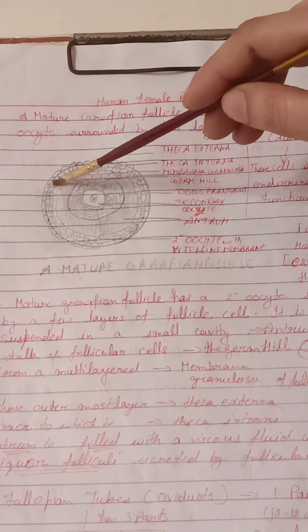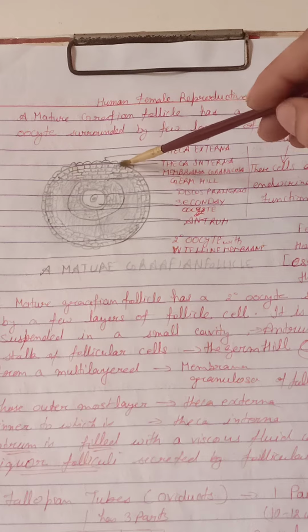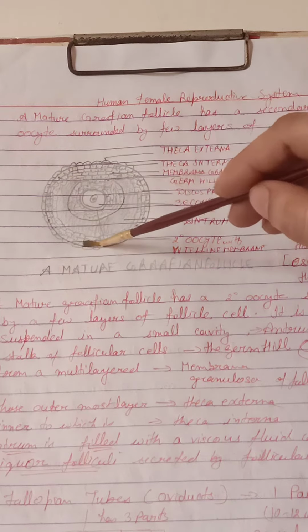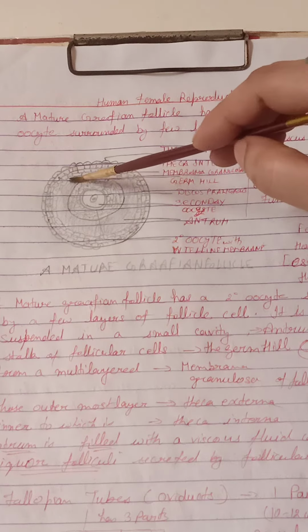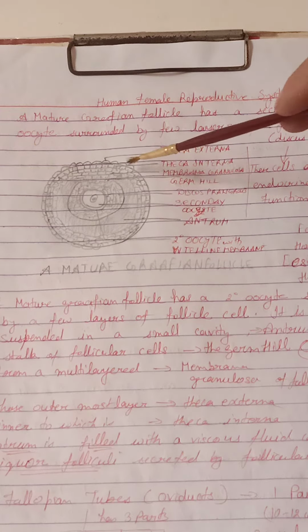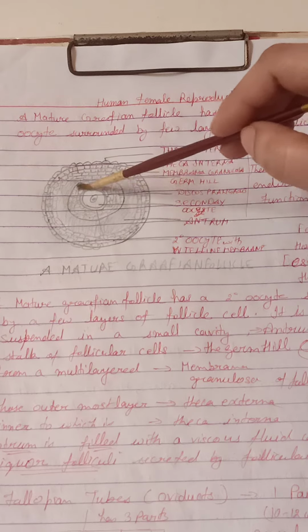hill is attached to a few layers of cells called the membrana granulosa, whose outermost layer is called theca externa, and the layer inner to this theca externa is called theca interna. So we can say that there are a few layers of membrana granulosa, and the inner layer of membrana granulosa produces a layer of cells that is called germ hill, and this germ hill acts to attach the secondary oocyte